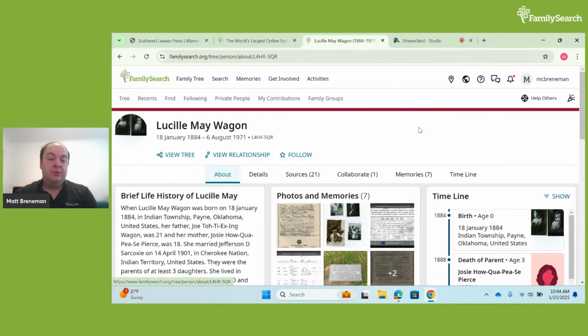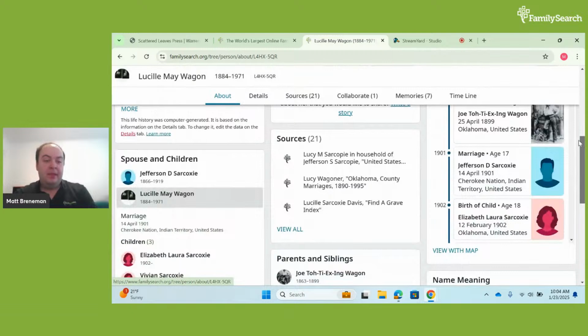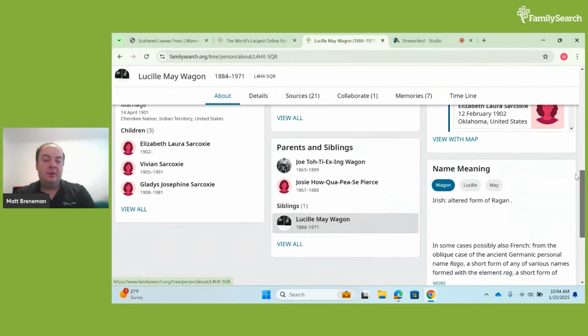First we have the About menu item, which includes the brief history, photographs and memories, timeline, and other information as you scroll down. It's basically an overview of everything that you'll find on the person page.